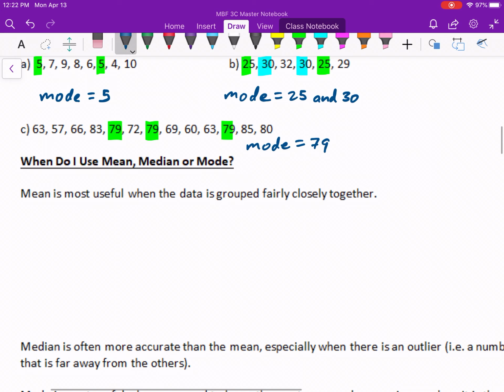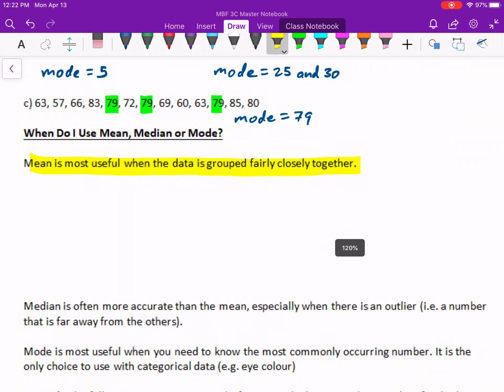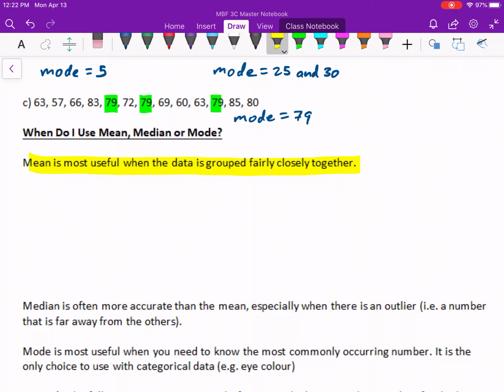All right. When do I use the mean, median, or mode? Well, mean is most useful when data is grouped fairly closely together. That's an important one to consider. So as long as we don't have what's called an outlier, one number that's far away from the others, then we can use the